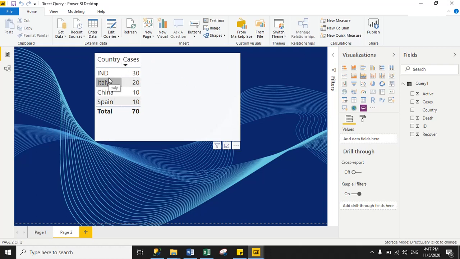Okay guys, so using parameters, you can easily change the connection string of your database or server name, and you can save lots of time. You don't need to create the same report for production connections and the same report for development connections. So guys, hope you are clear on how you can change database and server name dynamically using query parameters.